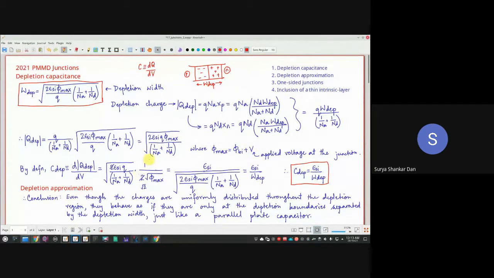So what will happen is we have done the derivative, okay, and we have seen that it will come out to be something like this. Now, one interesting thing I have done is I have multiplied the numerator and the denominator by root over epsilon si. तब क्या होने वाला है कि this root over epsilon si squared under the root will essentially come out, and I can rearrange this into this equation. Now, the most interesting part is that epsilon si by this one, if you notice, is the same as the expression of the depletion width. Okay, so here you will get epsilon si by W dep. Now, wait a minute.